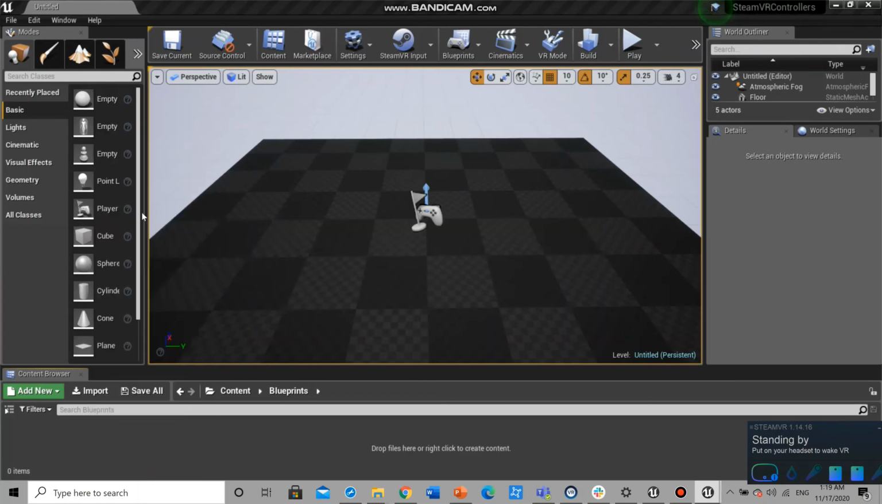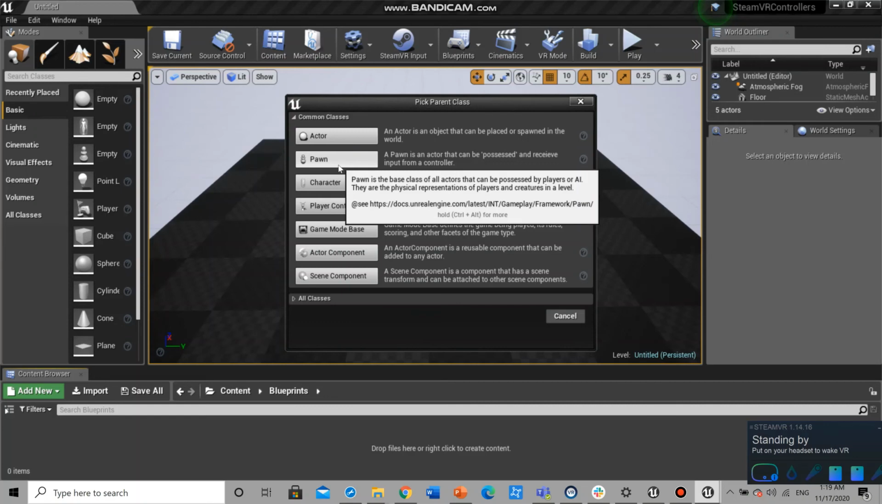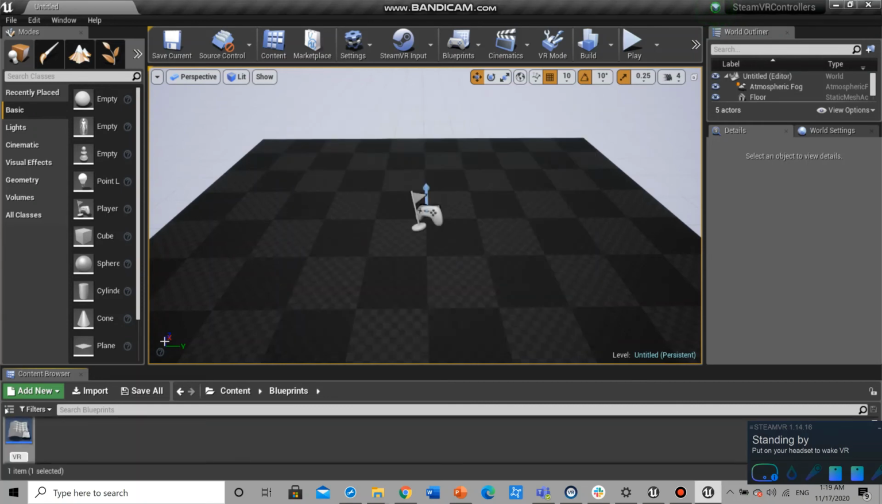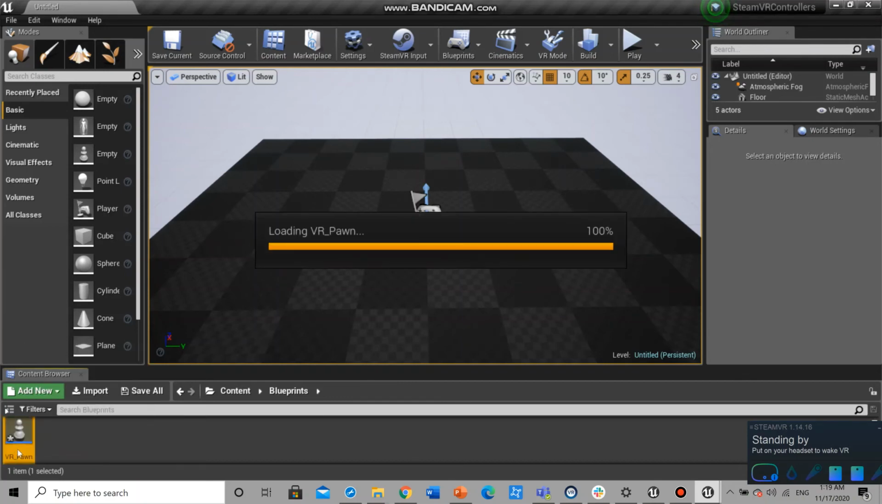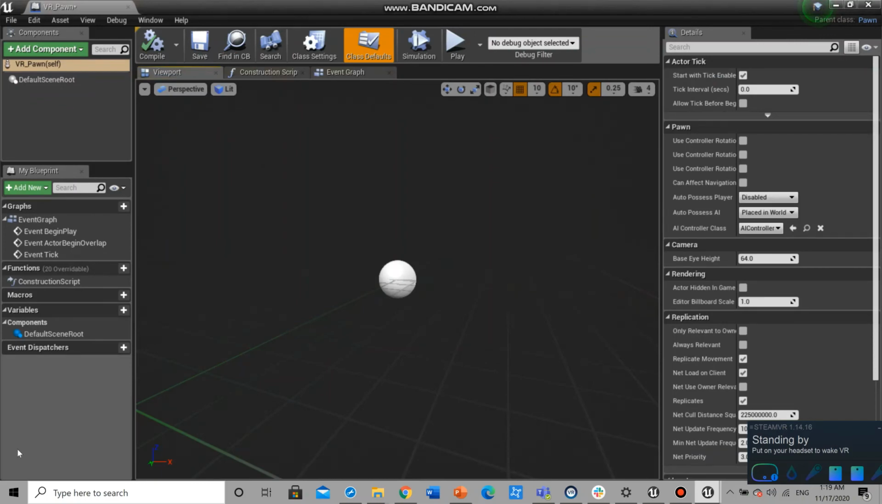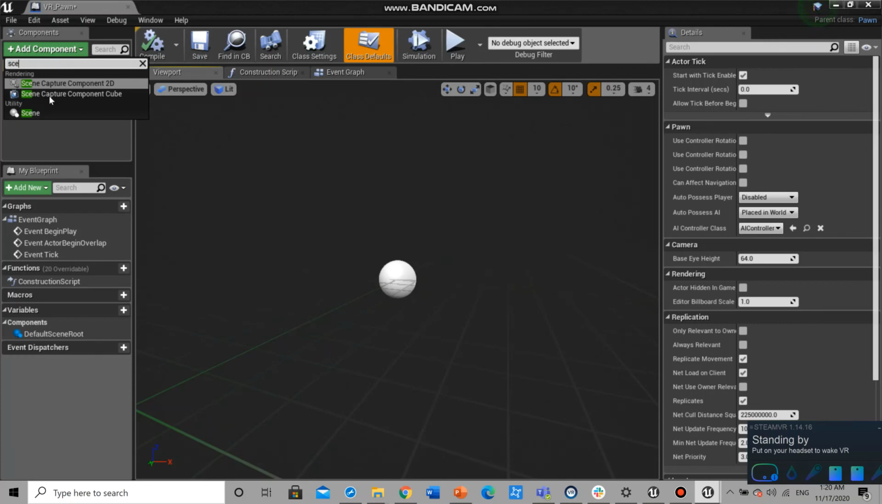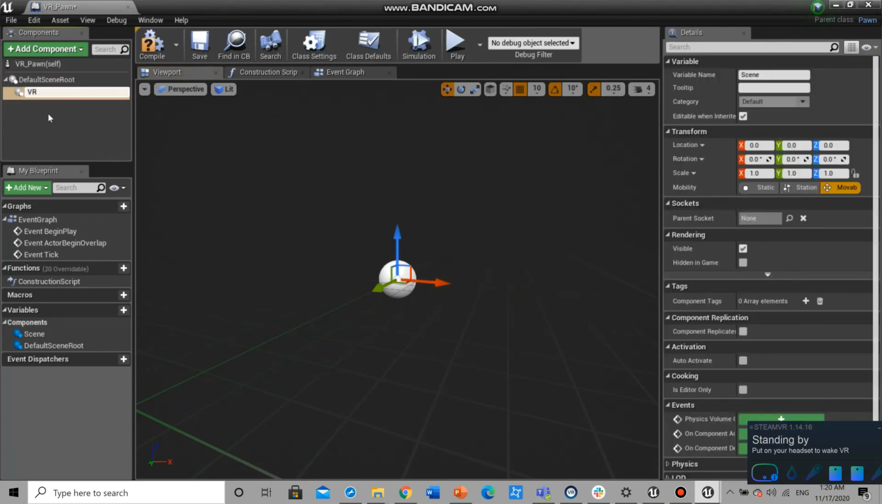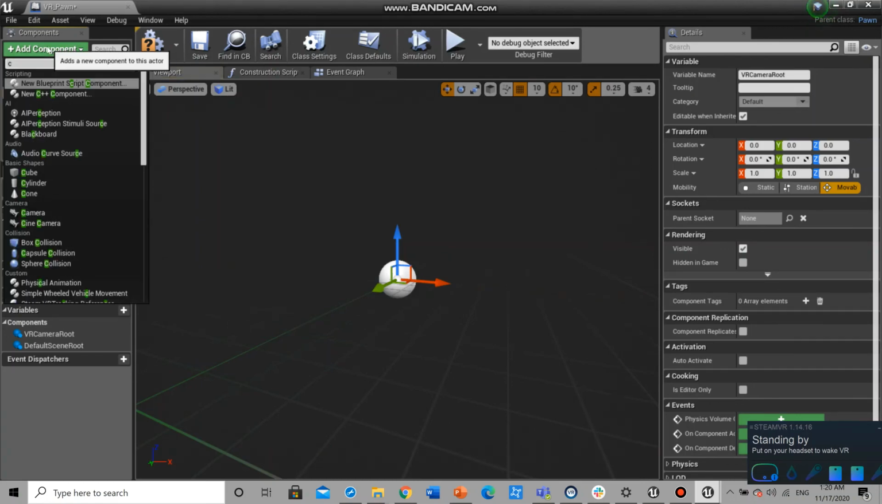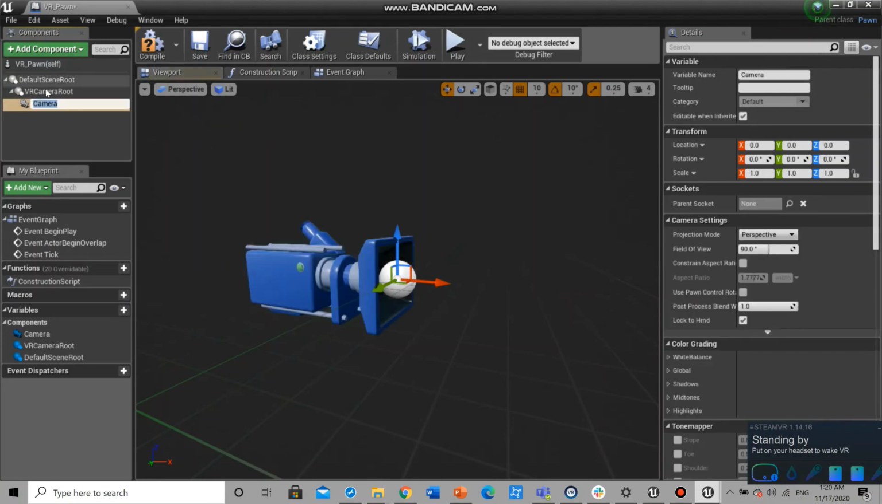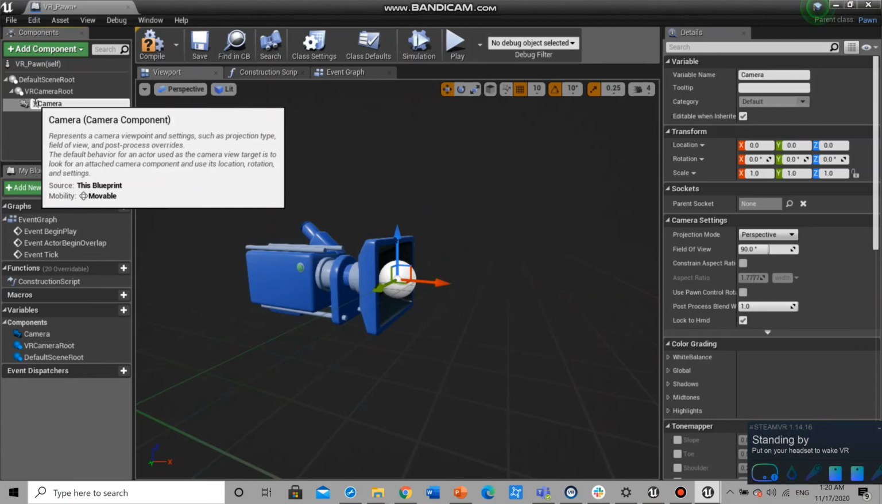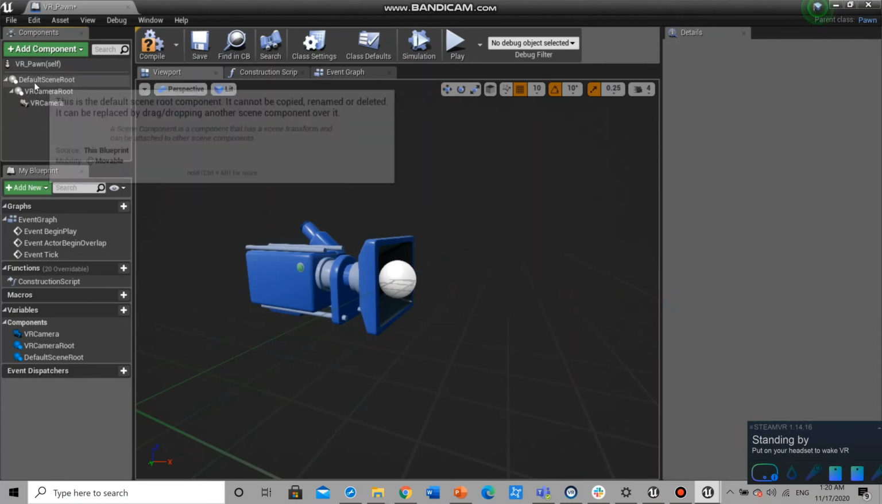Here create a new blueprint class, choose Pawn and VR Pawn. So open it. Here add a scene, VR camera, add a camera, VR camera, and then